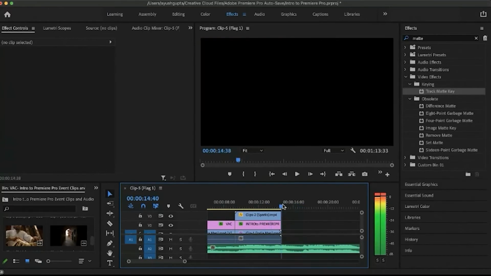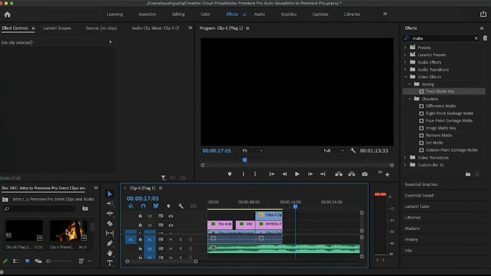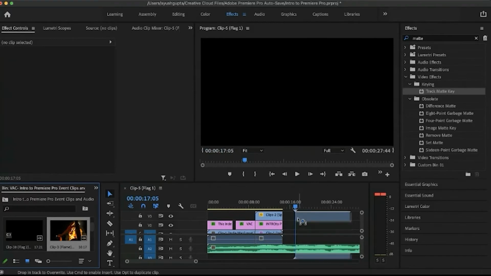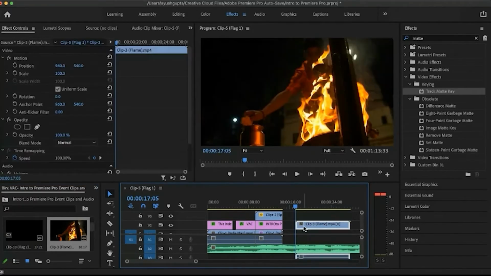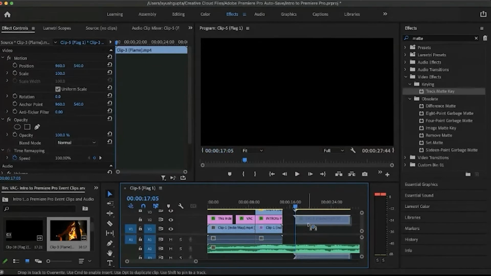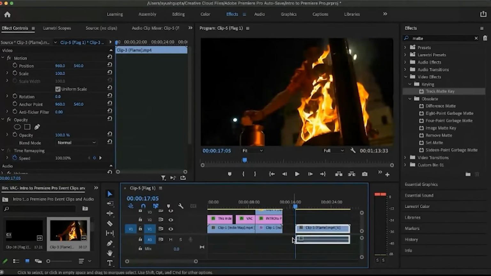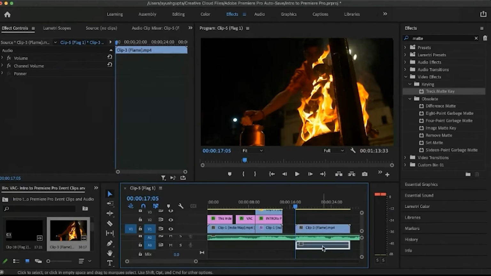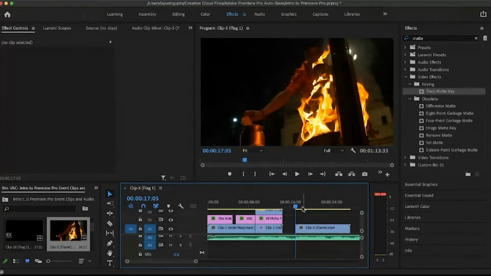After this we'll keep a black part, and then we'll use the fire clip. We'll import it. Now as we don't need this audio, we'll do the same thing. We'll right click, move down to unlink, select the audio, and then delete it.